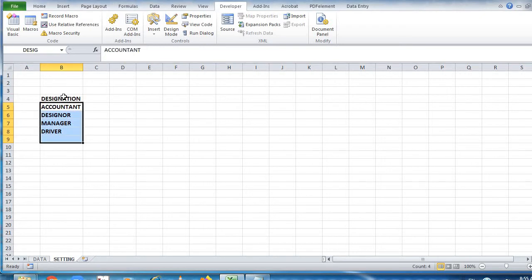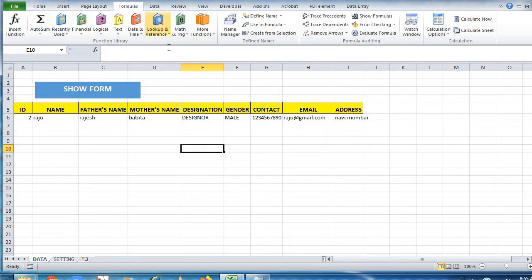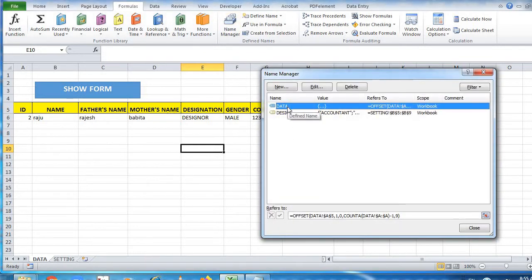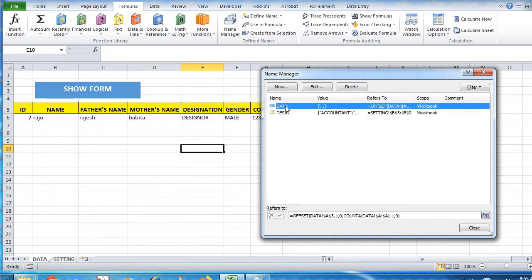So this is the first formula that will be there in the name manager, and the second formula I have to type using the formula. First, the Desic that I have to select in the name box, and the data formula I have to use: offset is equal to offset data A colon A to A5, this from A to A5.